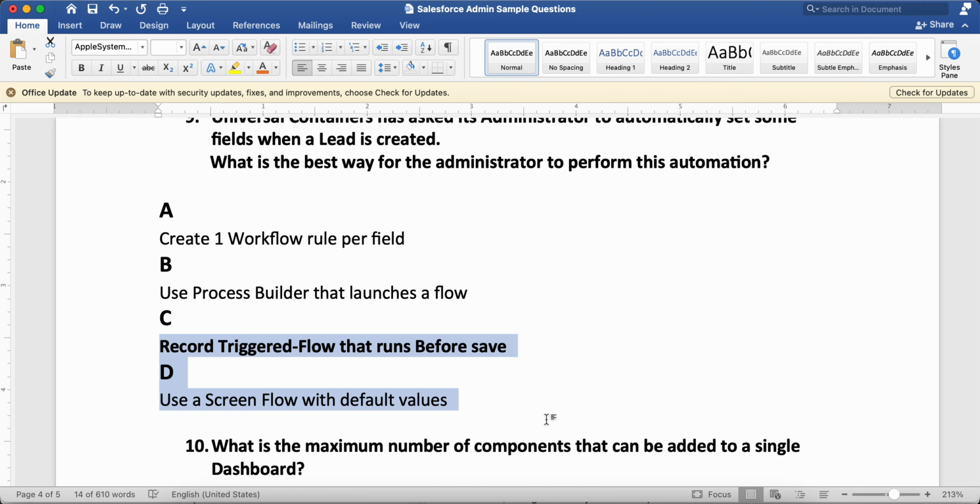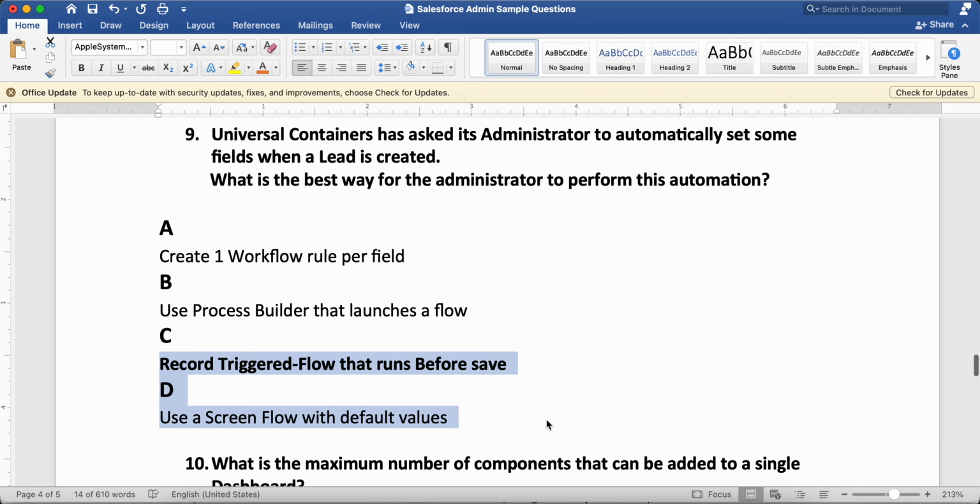Okay, so it needs input from the users, but here we are not talking anything about the input. We are saying that automatically some field should be filled whenever a lead is created. So that means we need some work which is happening in the background. For that we always have a record triggered flow. A record triggered flow is used if we want something to happen when a record is created, deleted or updated, and we want some of the fields to be set based on the record action like deletion or creation. Then we use a record triggered flow and it will work in the background.